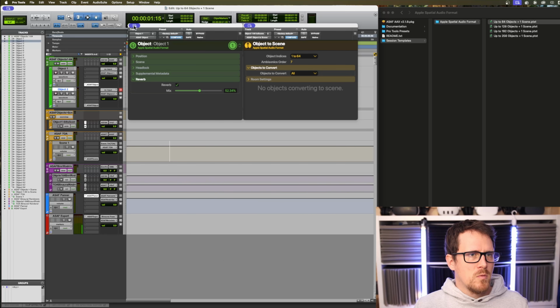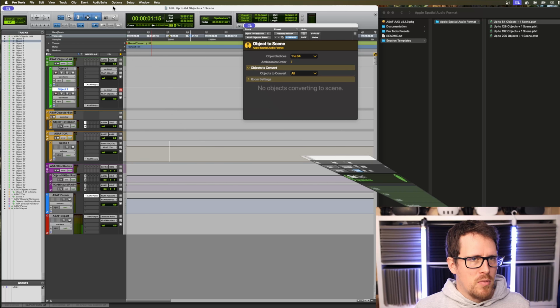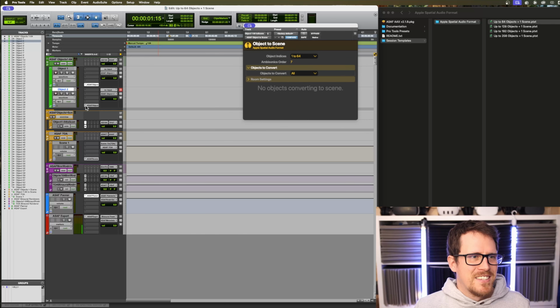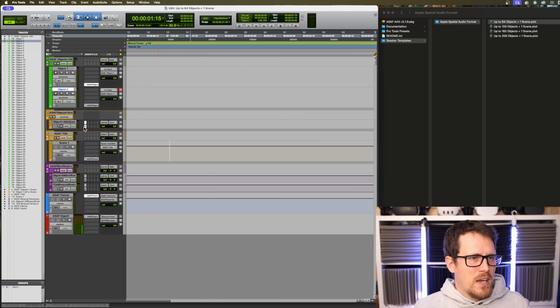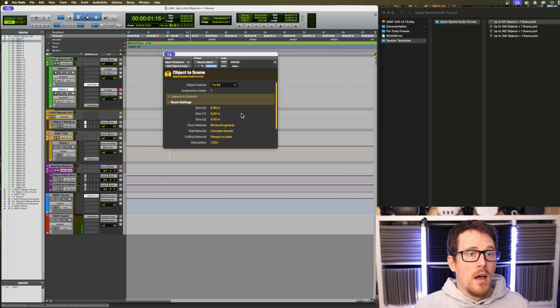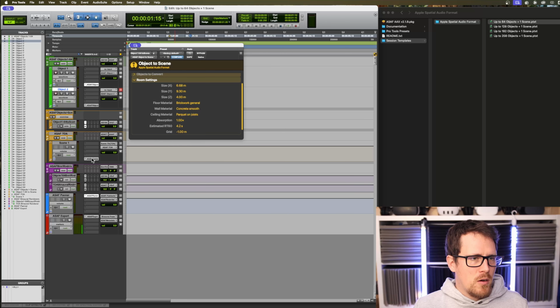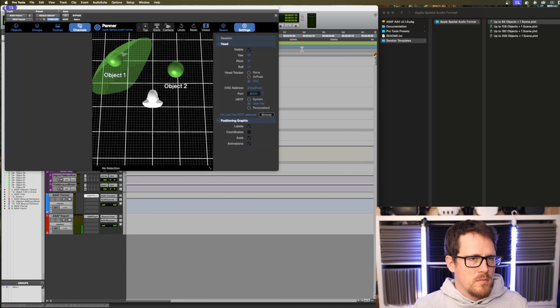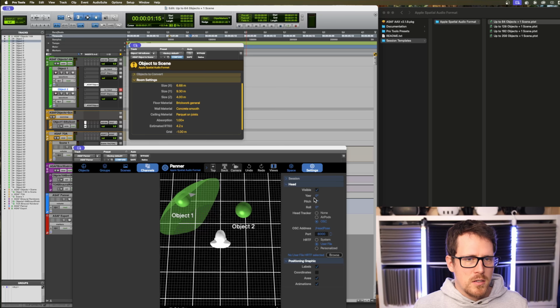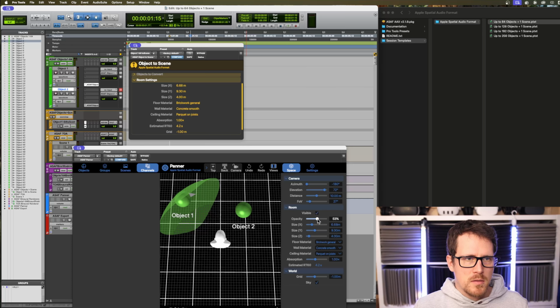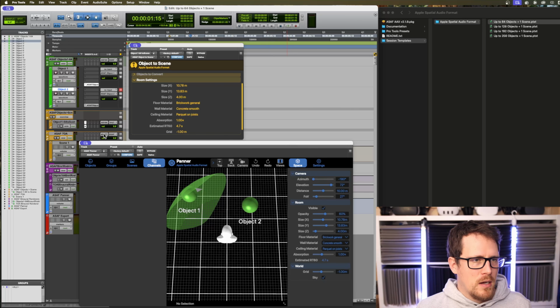Let me close those windows. When I share my screen, it's impossible to even press something. So now let's have another look at the scene renderer. Yeah, it does something with the object. This is what I was looking for earlier. There we go. This is how it's connected. Where was it? The panner. There we go. The panner, and here we have the space. And I think this is connected. Yay! This is what I was talking about earlier. So bear with me.